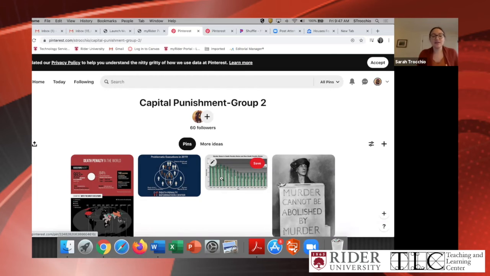This is kind of nice because I think it appeals both to visual learners and also learners that like to have things in writing or like to be able to process via writing. And it's a really nice way to keep content and resources organized. So you could have small groups create just a visual narration of what they think the story of capital punishment is, and then have folks that were not in that group write a caption.